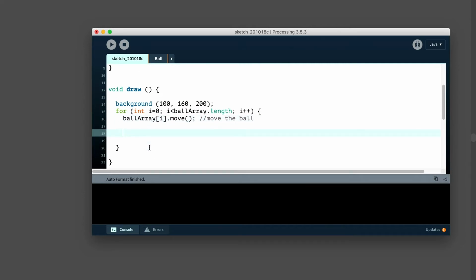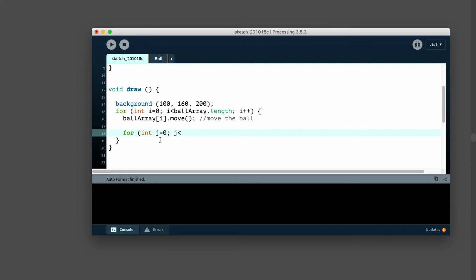Okay, here's where it gets a little bit interesting. We're gonna write another for loop, and you see it's nested inside of here. I'll hit Command T to clean it up. Now we don't want to use i again, because then you would have i inside of an i. So we'll pick a different variable. I'm going to use j.